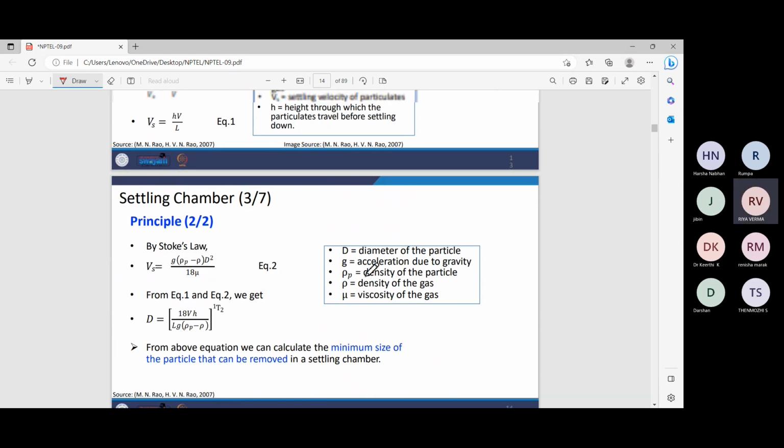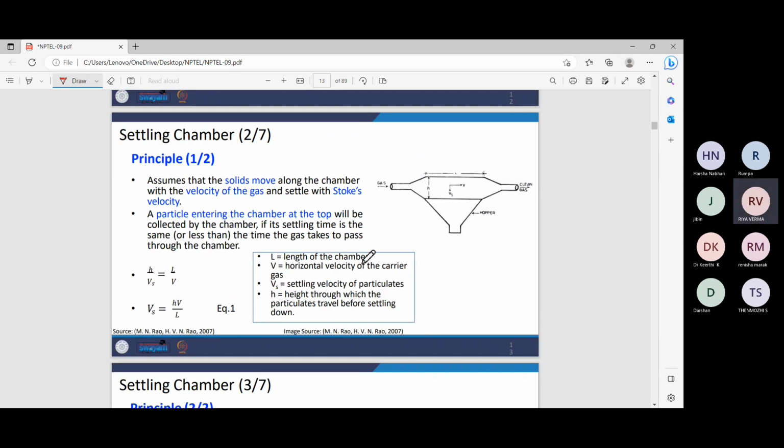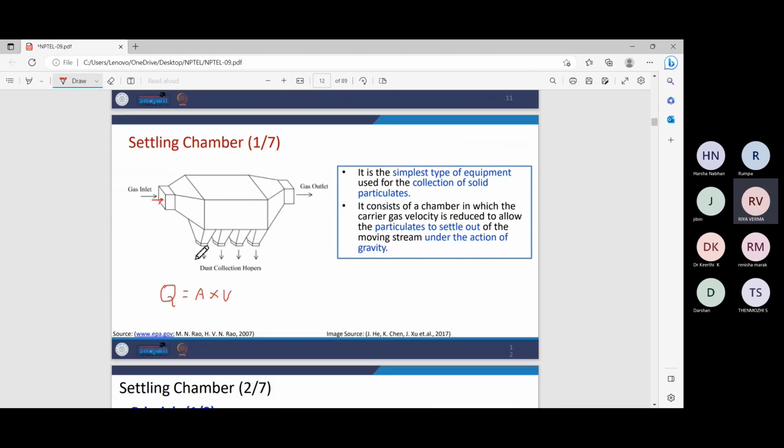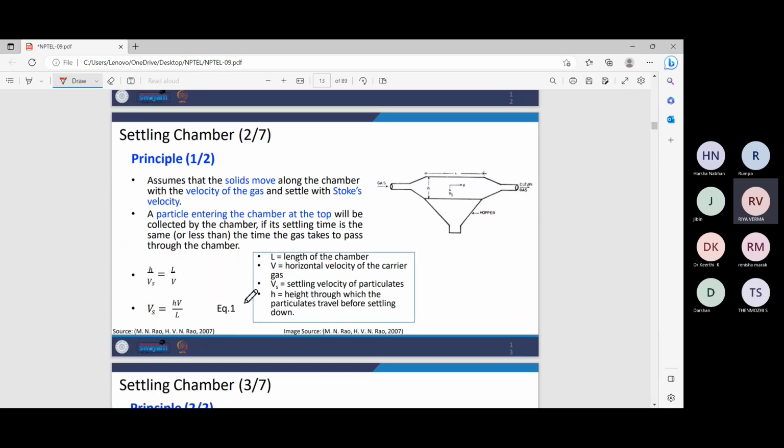This is basically the mechanism or principle they've explained, but the general principle that I've described is quite the same. Q, the flow rate, is constant, and while increasing the area of the chamber, the velocity gets reduced. And due to this reduction in the velocity,